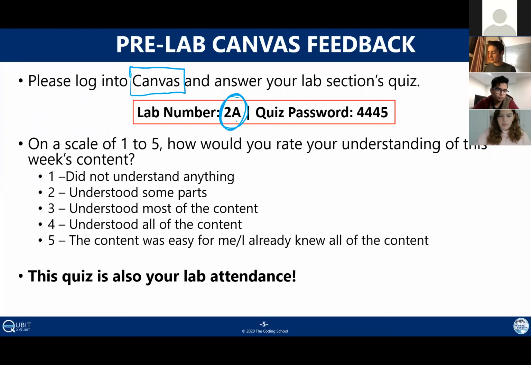And then the quiz should also have a password. And the password for today's lab pre-feedback quiz is 4445. So I'm going to leave this slide up, and I'm also going to ask if we can have the